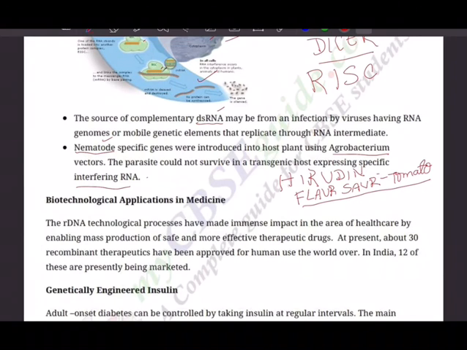Let's see. The transgenic plants have been useful in many ways. Genetic modification has made crops more tolerant to abiotic stresses like cold, drought, salinity, heat, and reduced reliance on chemical pesticides through pest-resistant crops. This helped to reduce post-harvest losses and increased efficiency of mineral usage by plants. This prevents early exhaustion of fertility of the soil. Enhanced nutritional value, just now we talked about vitamin A enhancement through gold rice.